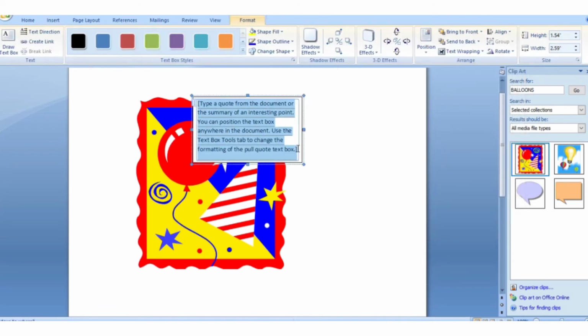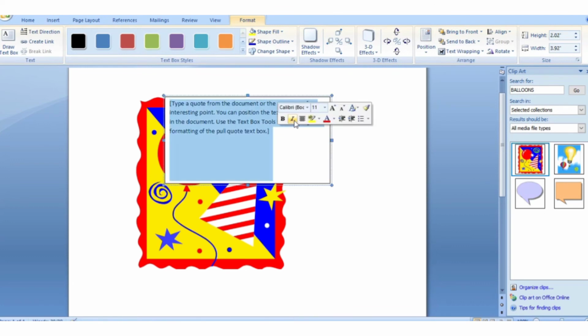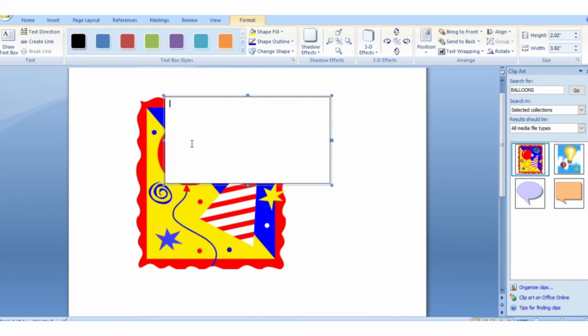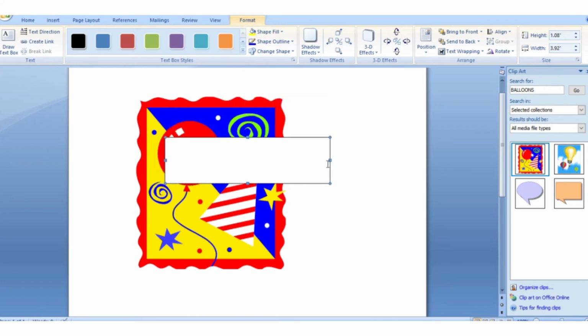So this is the simple text box which I have inserted here, and you can drag it according to the image. We can write any message or any wishes you want to insert in the picture.